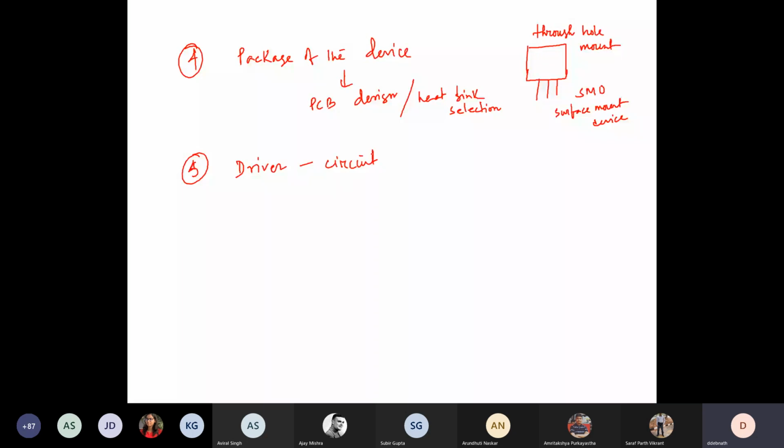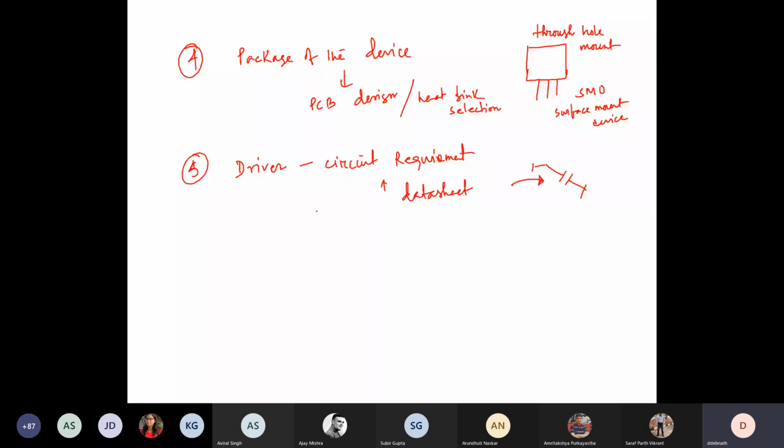okay, basically, as I told, for MOS switches like MOSFET, IGBT, their gate junction, gate to emitter or gate to source is basically modeled like a capacitor. And how fast you can turn on and turn off a switch depends on how fast you can charge or discharge the capacitor. So you need a certain amount of voltage, a certain amount of current. So to understand how much current you need, what voltage you have to apply, for that you have to again get the information from the datasheet, right? And if you feel like your driver circuit requirement is difficult, your say Q value is not within your desired zone, then you select a different switch.